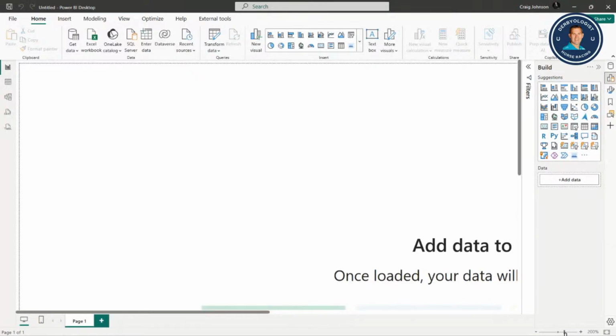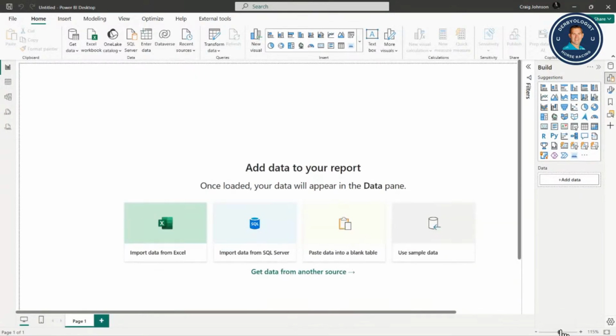Again, we'll bring this down so you can see the main screen. And once you get into your main screen, you can see different things inside Power BI, including importing data from Excel. You can import data from a SQL server. You can also paste data into a blank table, and you can use sample data. So there's a lot of different data sets out there in Power BI that allows you to test and try